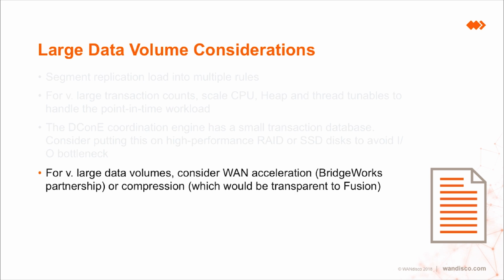For large data volumes, also consider WAN acceleration products. BridgeWorks is a partnership of WANdisco, and this compresses data, which is transparent to Fusion. Now, it does compress data, but we would consider this only for certain types of workloads. For example, a workload that transfers many small files in the mix with a few very large files,